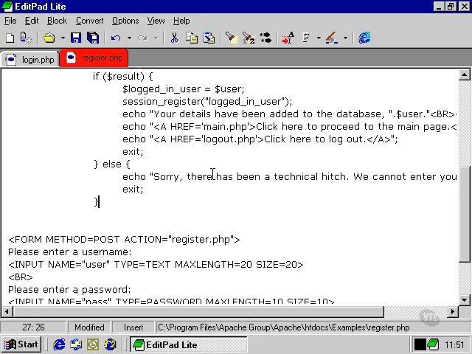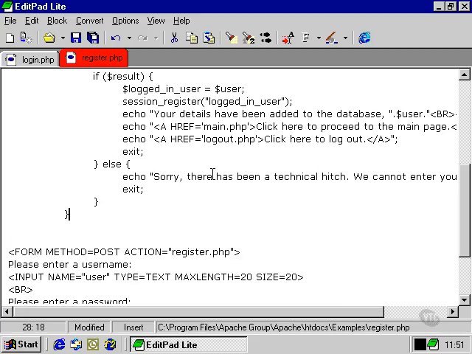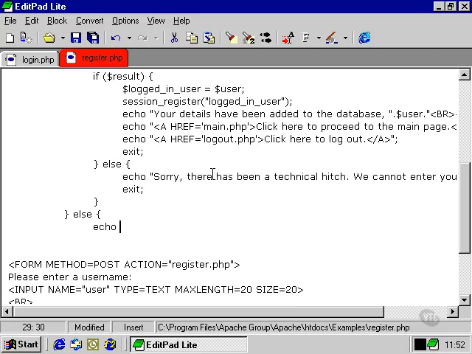In a real-life situation, we may want to do something a little more graceful, at least to give the email address where the user is able to contact a technical member of staff to report the error, and even better, to use a system whereby the error would be automatically logged. However, for the sake of our simple login system, we're just going to throw up the error message,